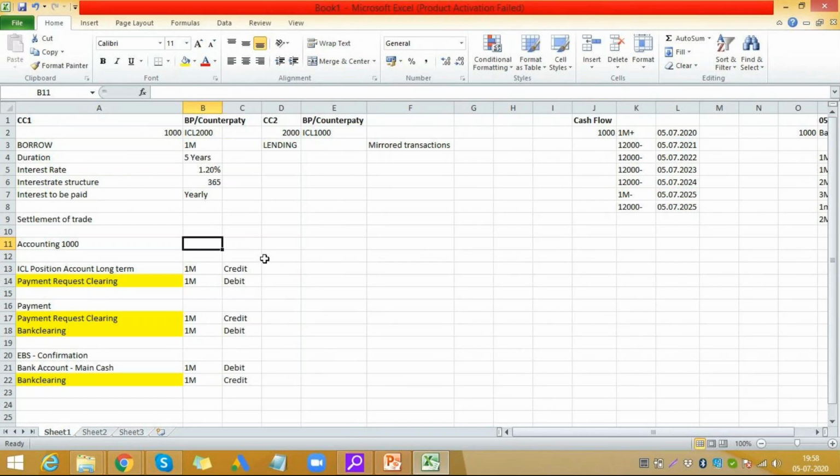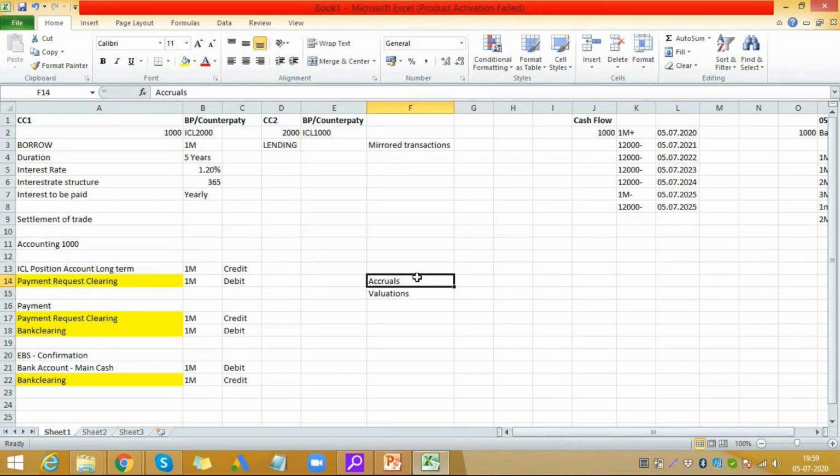And when the interest comes in, the interest comes in as an additional account for interest when the deal is matured or whenever the interest has to be paid. So interest comes in as an additional deal. Whenever the deal is matured, you have to post another account which is the interest account in this particular case. And then at the month end, you have to do accruals, you have to do the valuations, which we will cover.